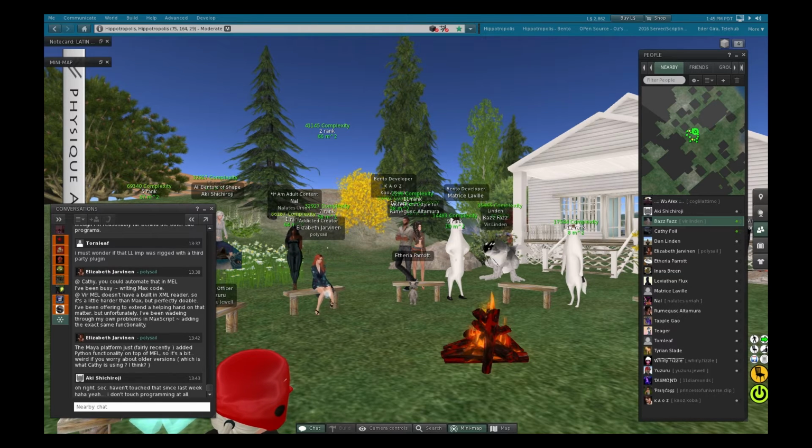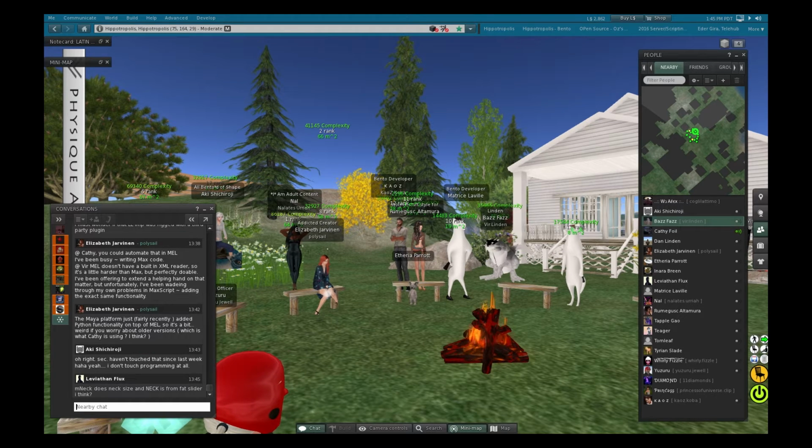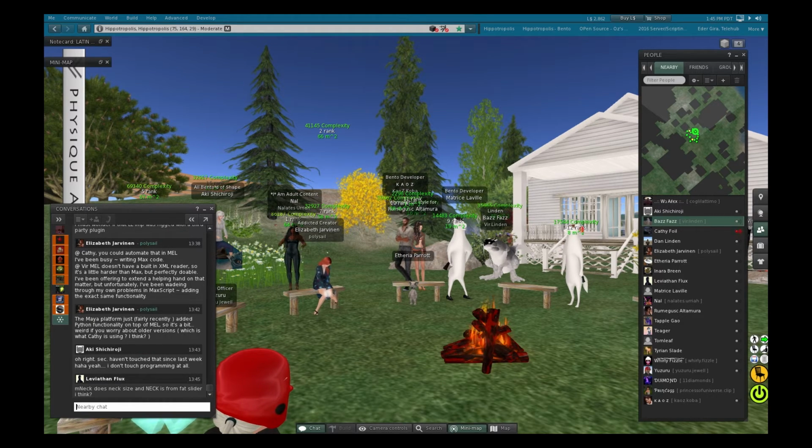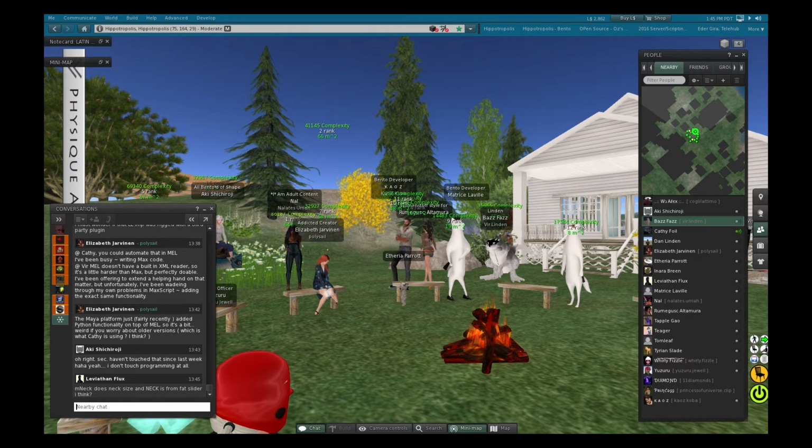So the mNeck bone actually acts like a collision volume bone and changes scale when you move the sliders. And then I realized that the neutral position for the neck slider is actually like 66.6667, which is what the slider value would have to be so that the neck bone has a scale of 1, 1, and 1. And so my question is, 66 is not the setting for when you create a new avatar shape in your inventory, often referred to as Ruth.